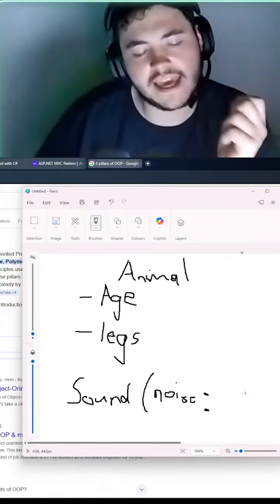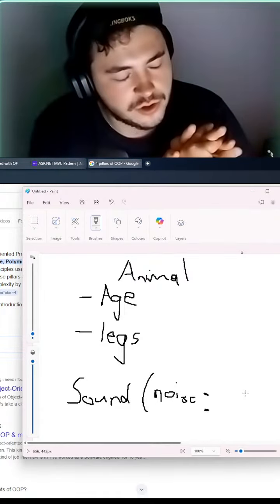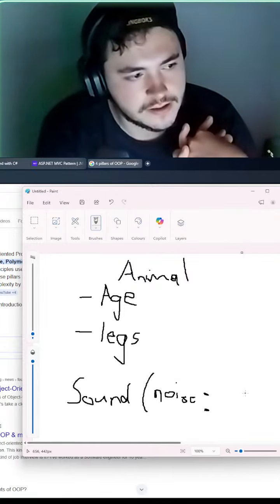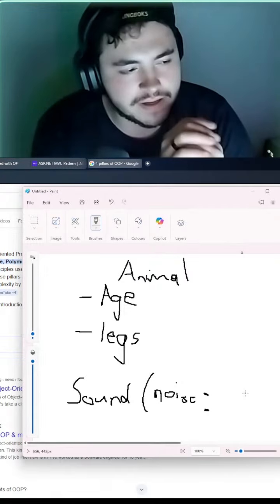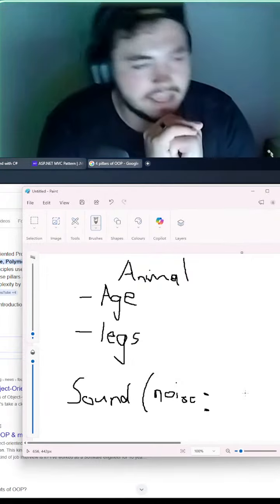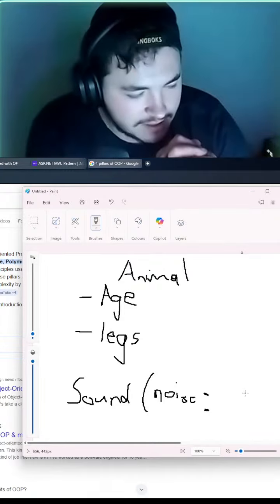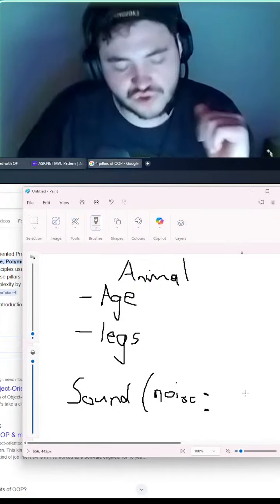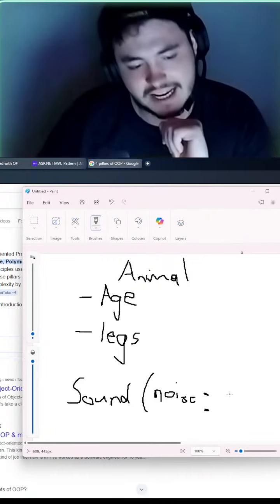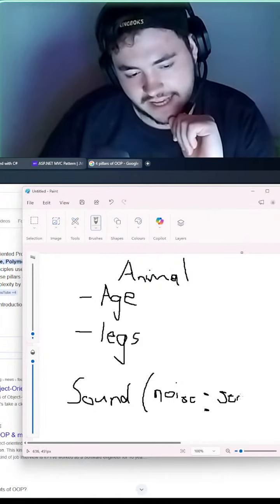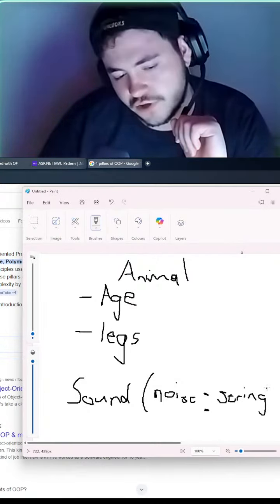So when you are programming, you're going to have different sorts of data types. A number is generally an integer. A piece of text, like words or characters, is generally a string. So let's say this noise is of data type string.